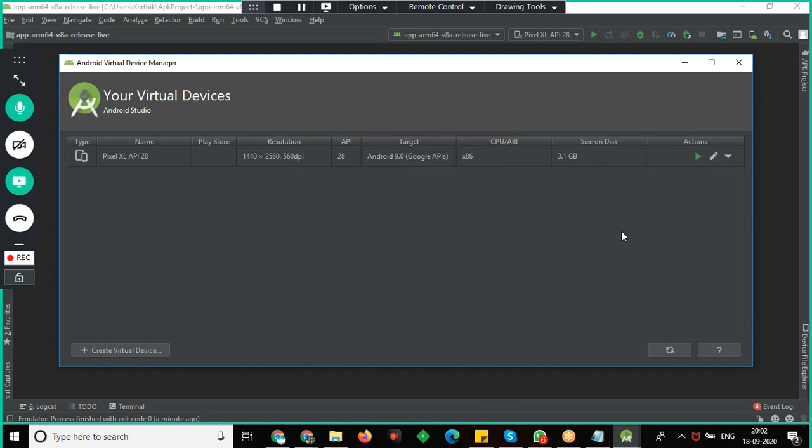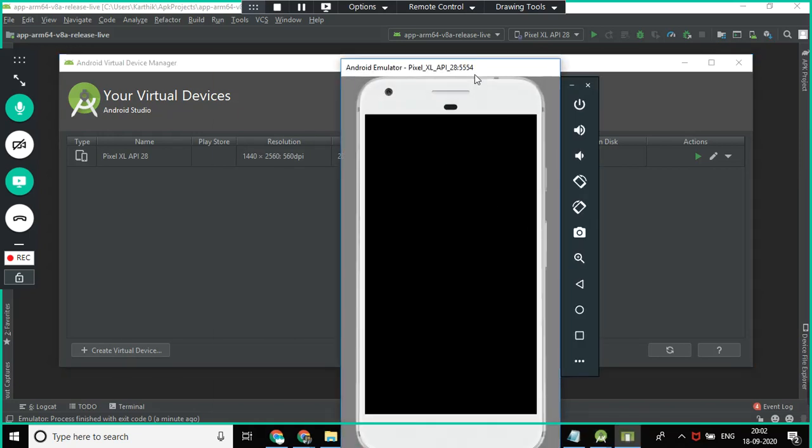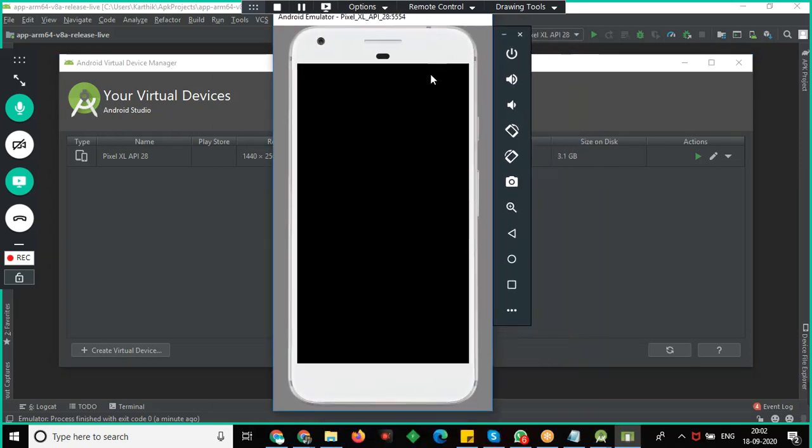I think my emulator is getting crashed. You can see the emulator has come here.